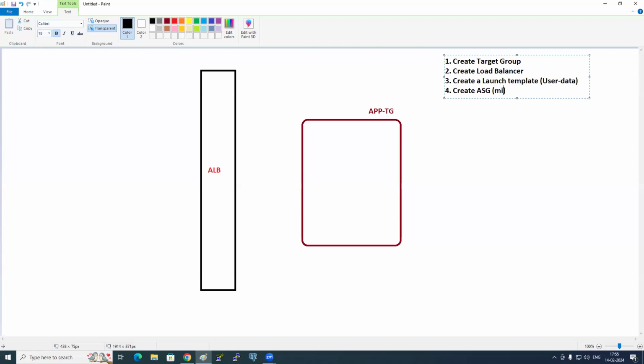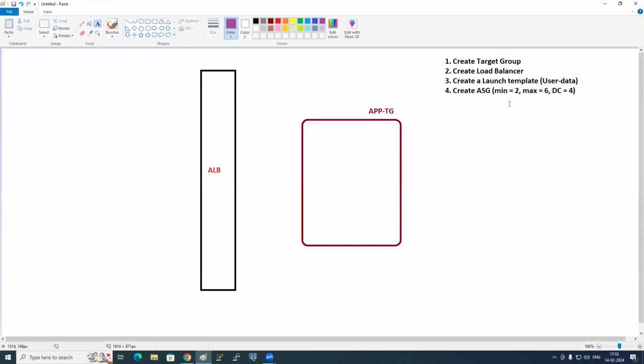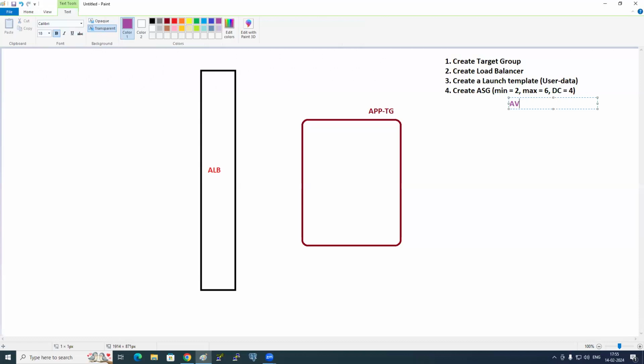While creating the auto scaling group, we need to give the name. We need to give minimum 2, maximum 6, and desired capacity 4. And we will tell the auto scaling group to keep my average CPU utilization at, let's say, 70%.